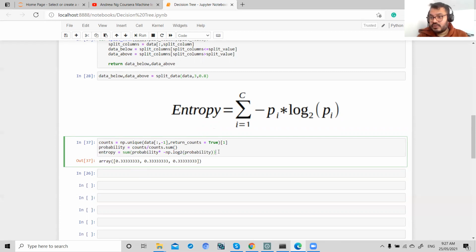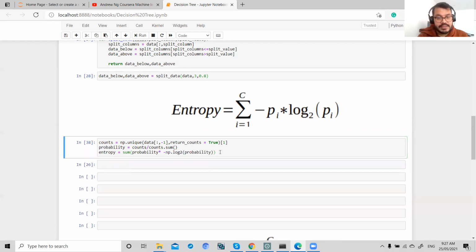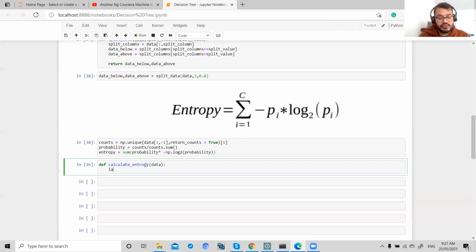Okay, so this gives me the entropy. Now I will write this inside a function. So calculate underscore entropy, bracket data. My label column will be